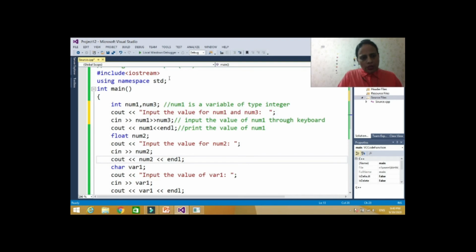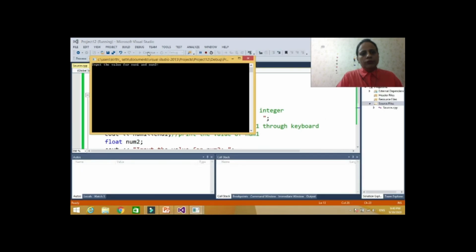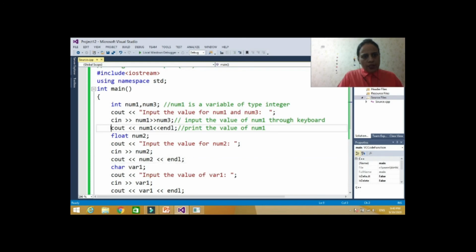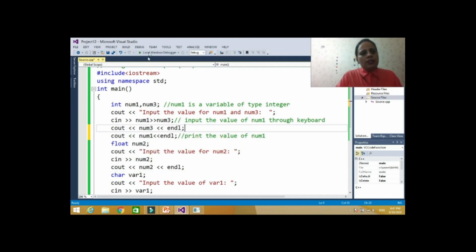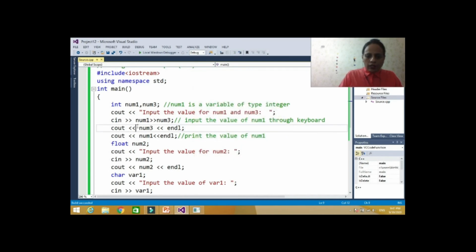So let's run it. Enter the value of num1 and num3, but I think I didn't print this num3, just wait. Let's print num3 here with num1 and endl. Or do one more thing so it will be clear: here we write num3 is equal to, so that at runtime it will be clear which value is which one.